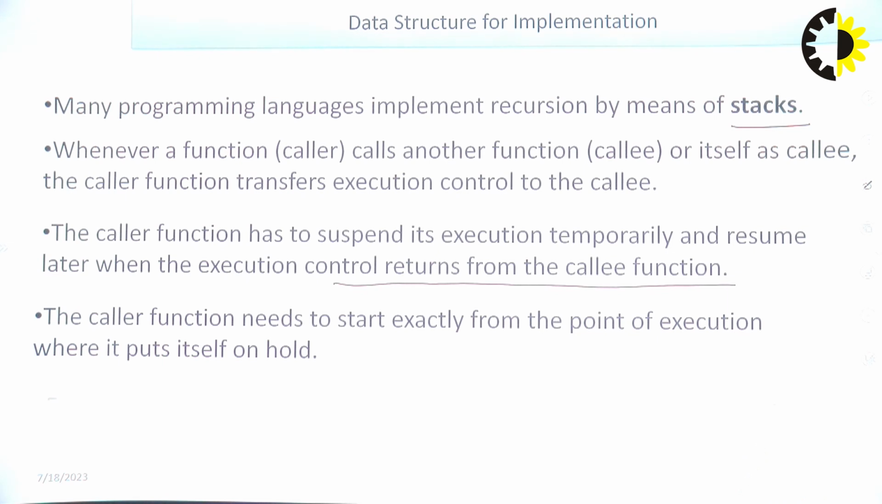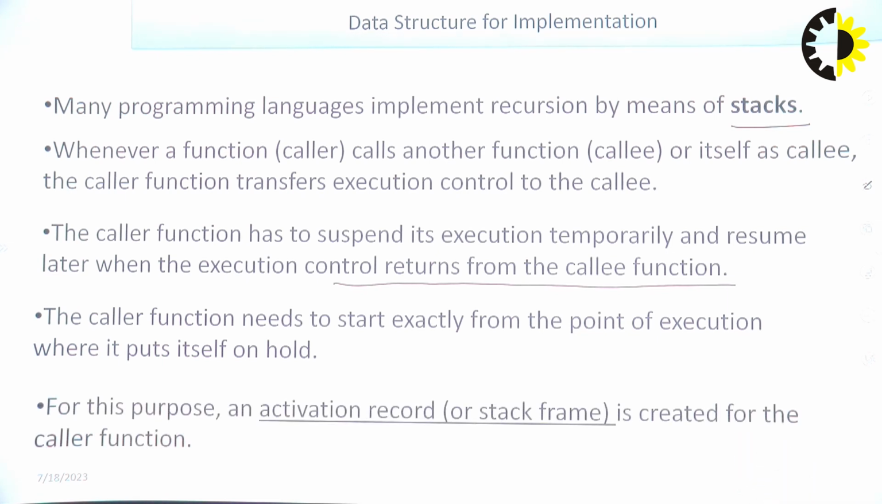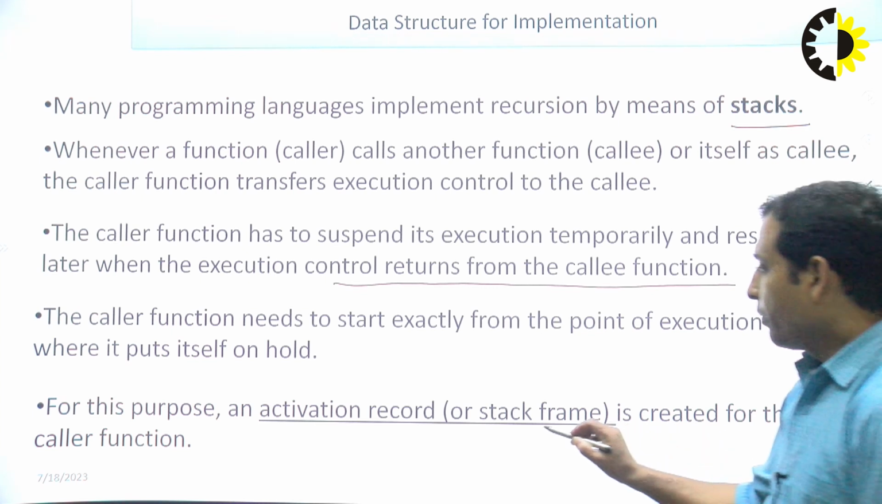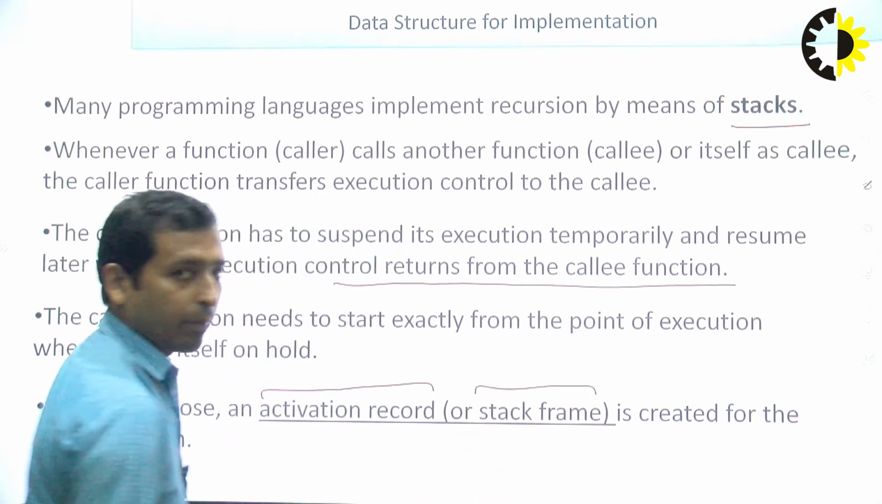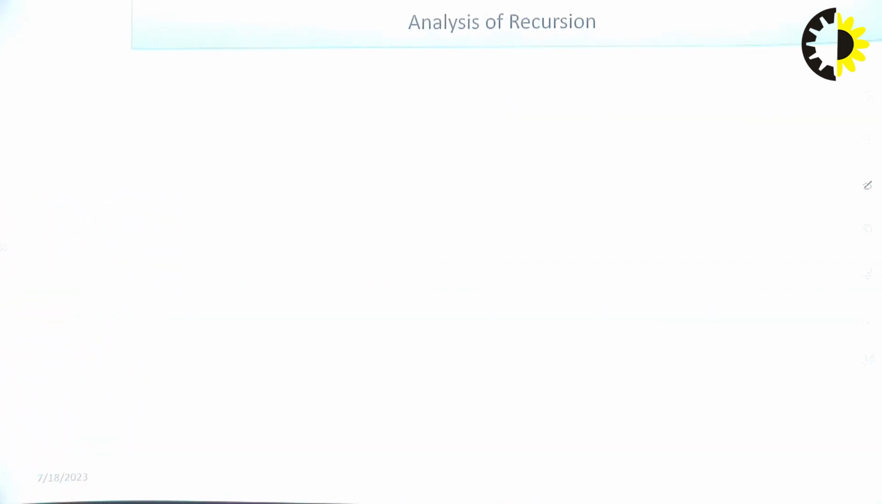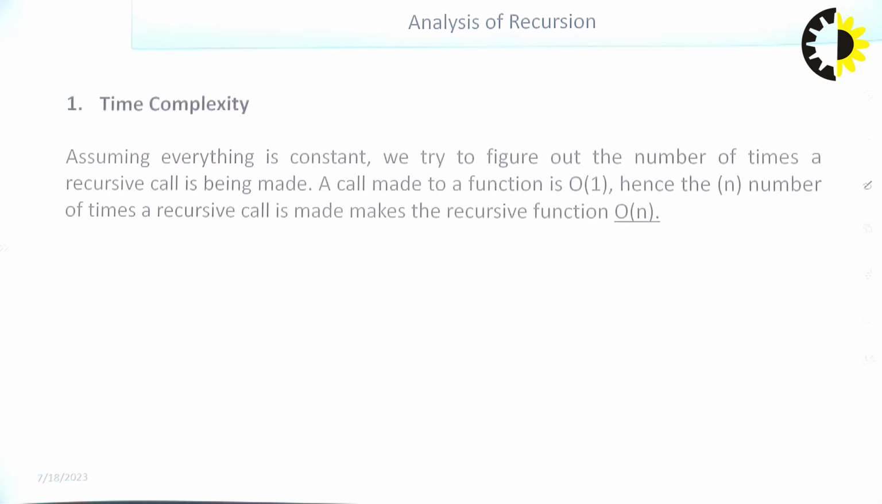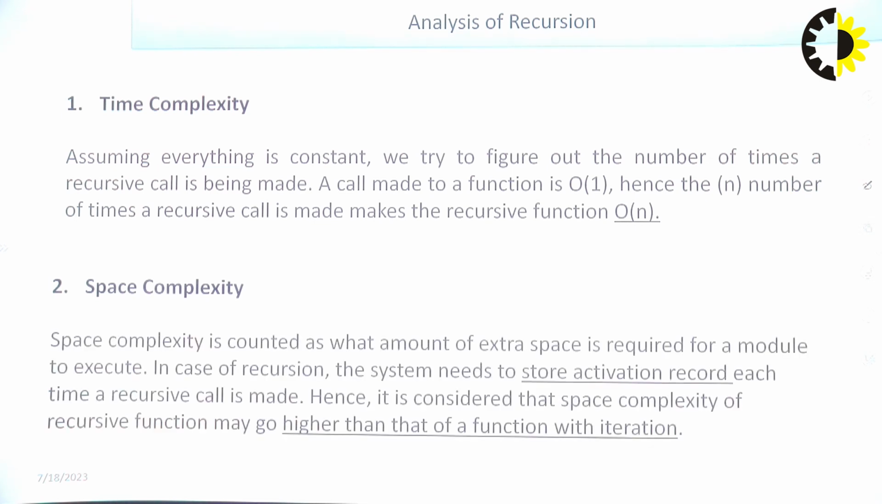Okay. So for the transaction between callee and caller function, an activation record, which means a stack frame, is created for keeping the record of where the return point is and what the value of this particular call will be. All of this is kept in the activation record, and this activation record is maintained using the stack frame. Okay. These are some analyses of recursion. Time complexity is O(n), as there are n recursive calls. Space complexity: